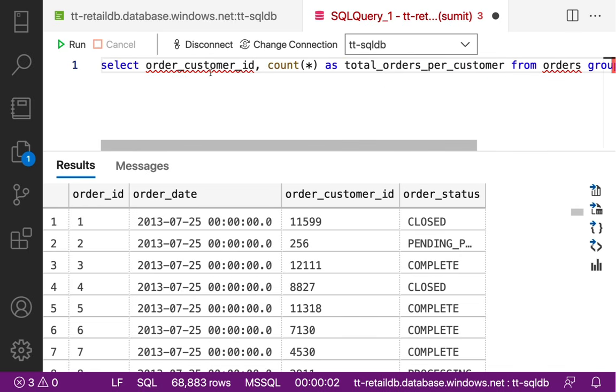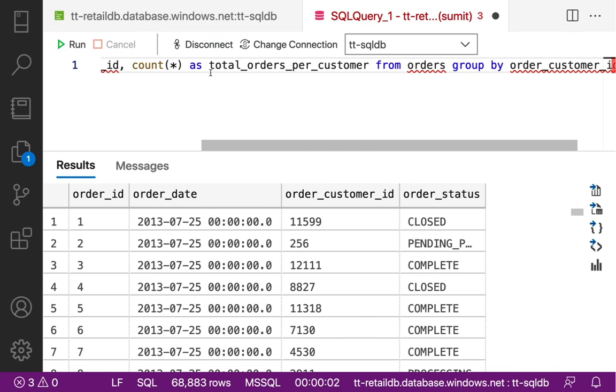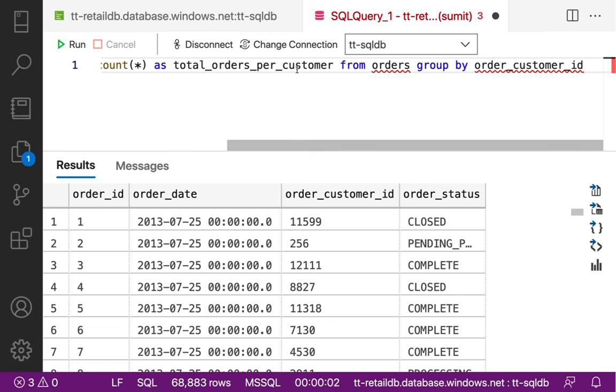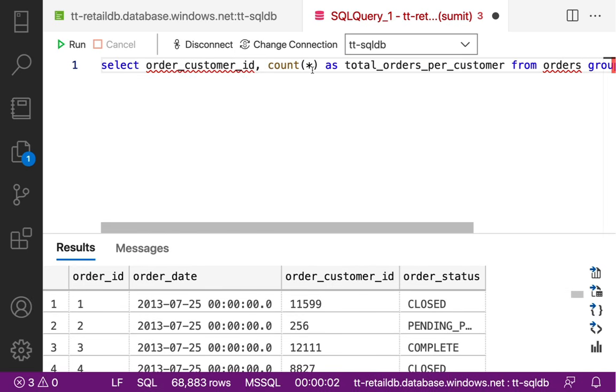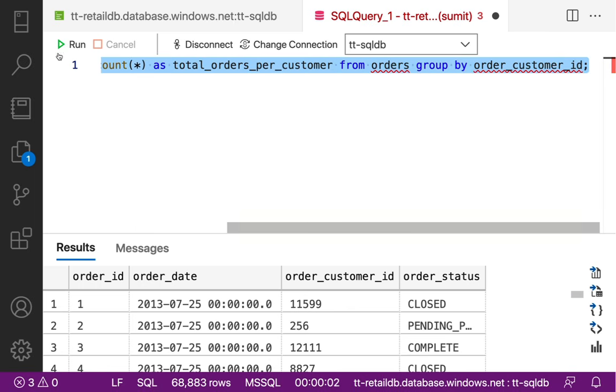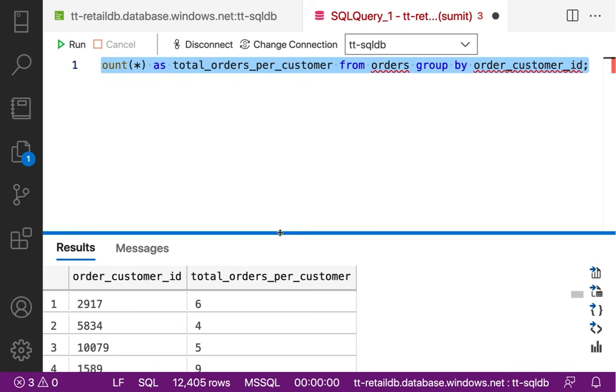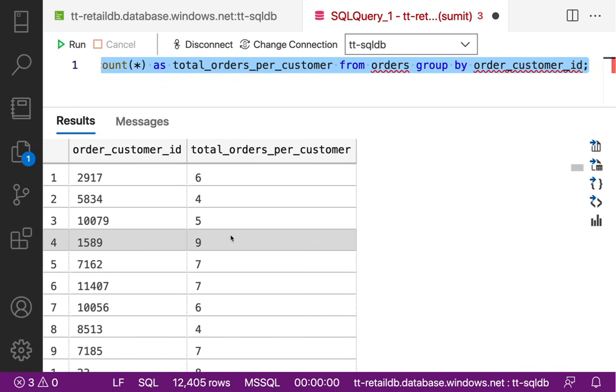If you can see, select order_customer_id, comma, count star as total_orders_per_customer from orders group by order_customer_id. I am grouping it based on order customer ID, so I should have it here, and I should have one aggregate column, right? And we can get this. Let me run, and you can check here that